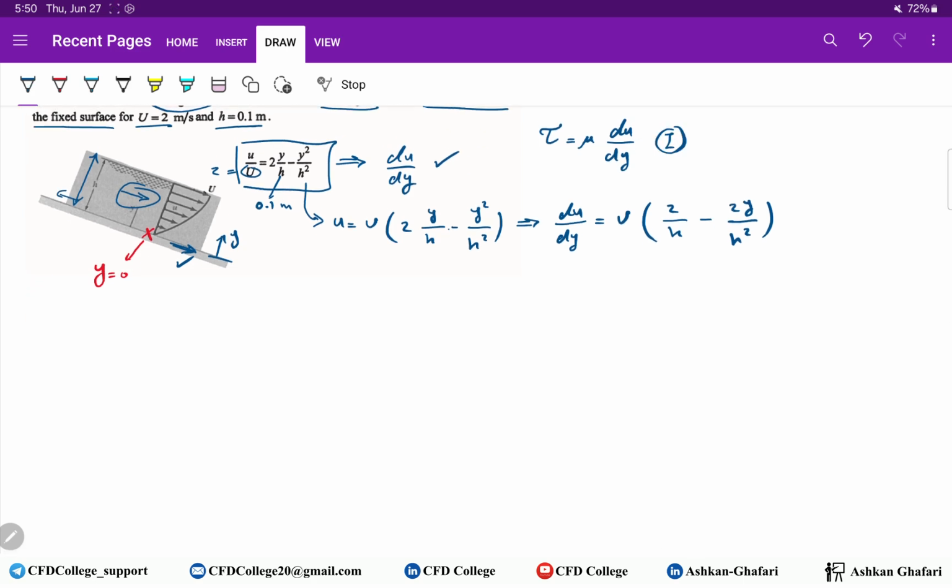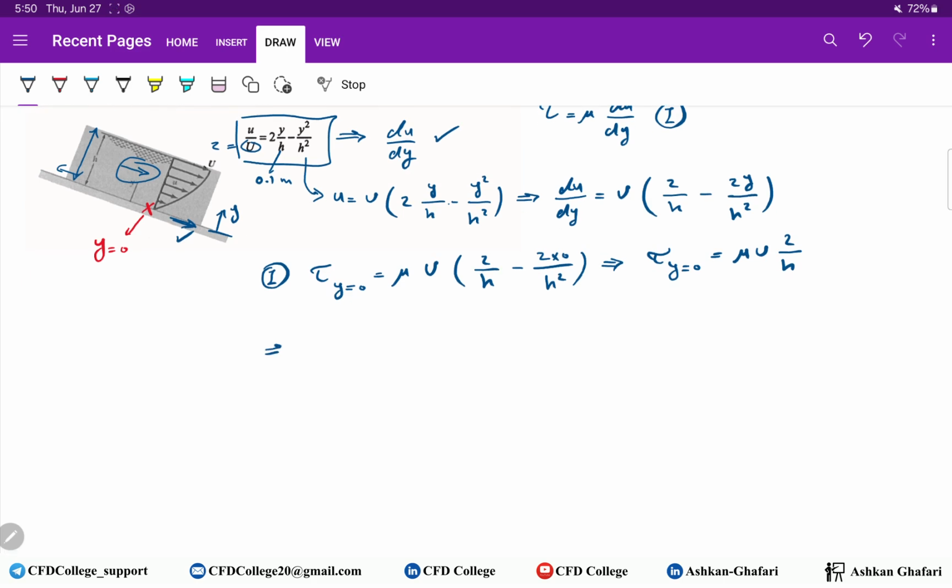Okay. From equation 1, shear stress at the wall, meaning y equals 0, is equal to mu U times 2 over h minus, y is 0, so 2 times 0 divided by h square. So tau at the wall equals mu U 2 over h, and it's easy now. So tau equals 2